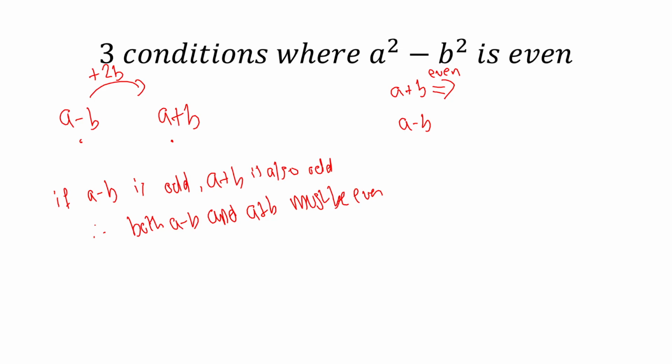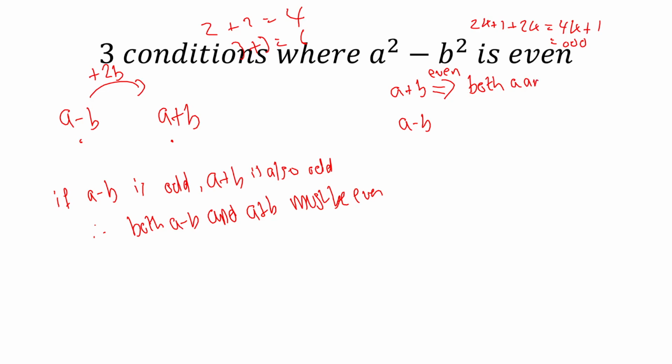If we add an odd number, so let's say 2k plus 1, and an even number, 2k, we get 4k plus 1. This is an odd number. We are looking for the whole thing to be an even number. If we have two even numbers, obviously it gives you an even number, say 2 and 2 gives you 4, and then we add 3 and 3, that gives us 6. When both numbers are odd, or when both numbers are even, and we sum them together, we get an even number. So both